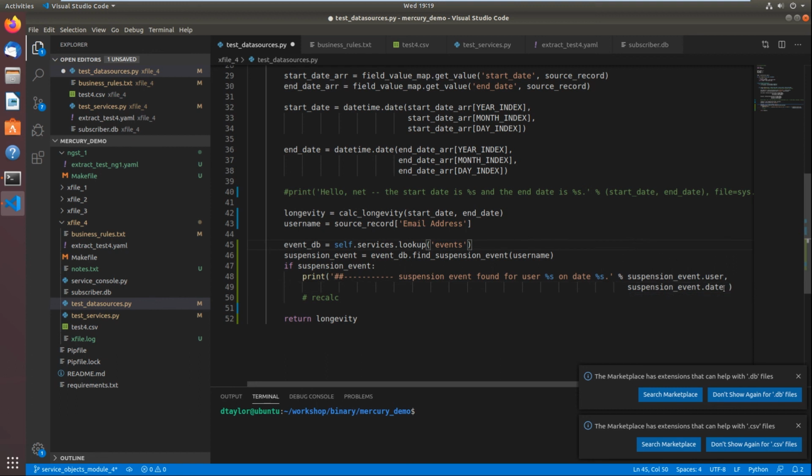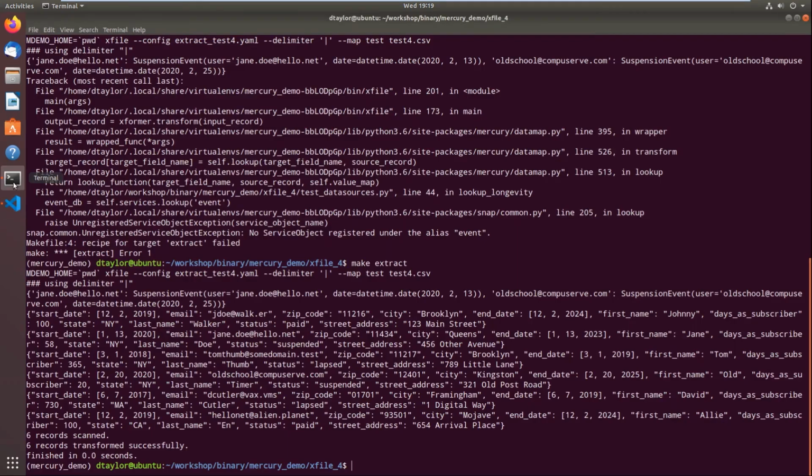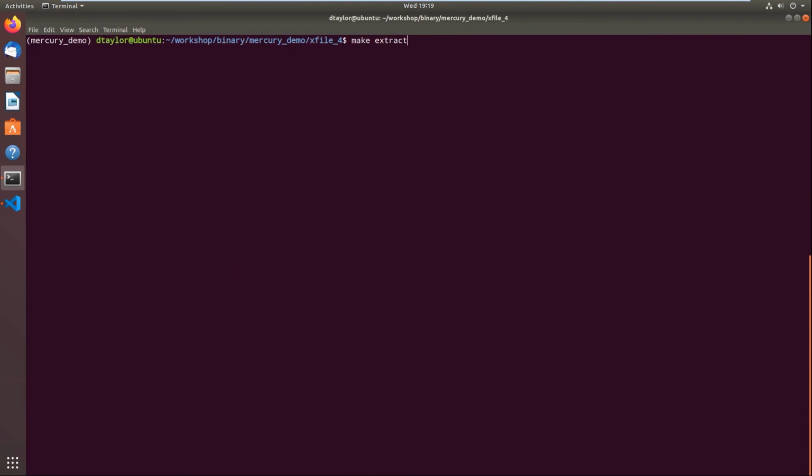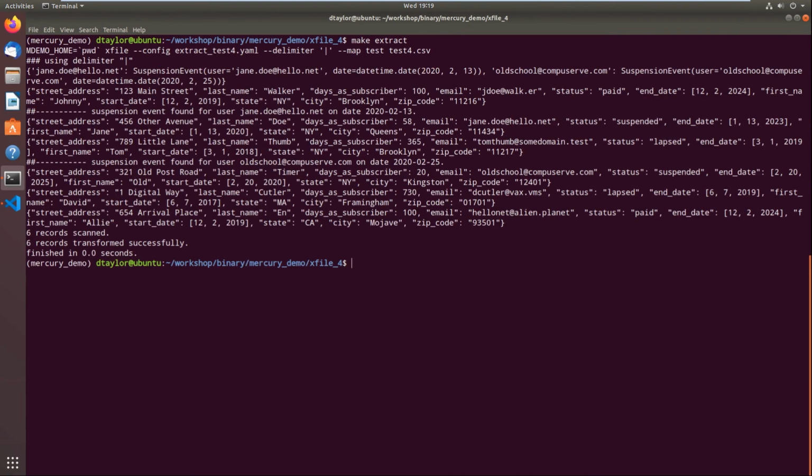Actually, I don't know about line splitting this tuple. I've never tried doing that. I wouldn't be surprised if that failed. Okay, let's see. Nope, works fine. So, suspension event found for user Jane Doe at hello.net on date